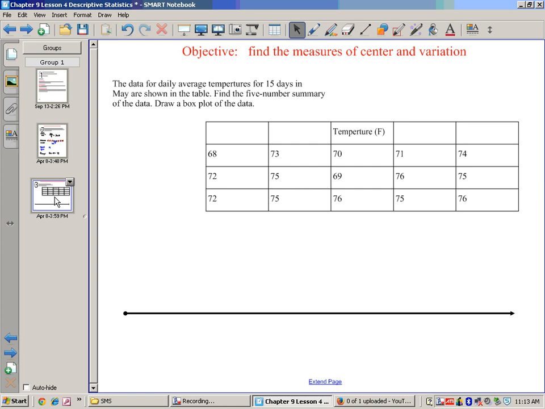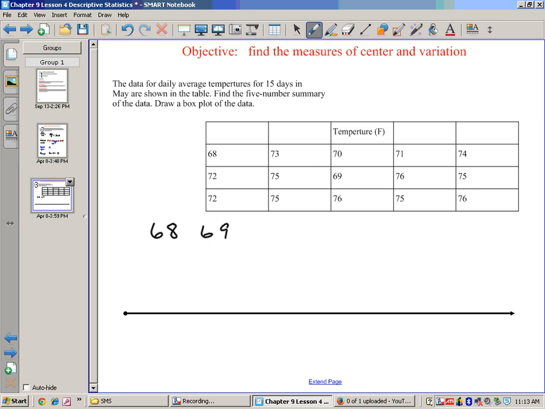Okay, so what we want to do here is we're going to draw a box and whiskers plot. First thing we need to do for box and whiskers is we have to write down all the numbers from lowest to highest. That's how we're going to do this first. So, help you out here. Lowest is 68,